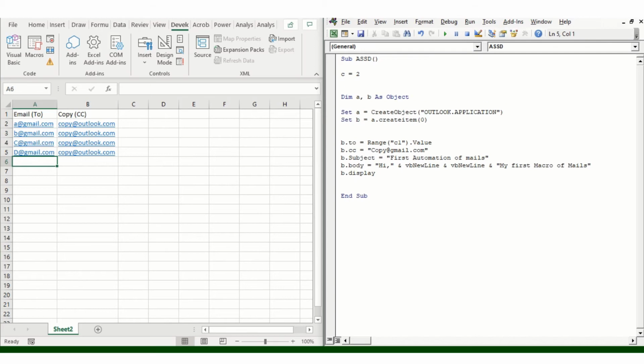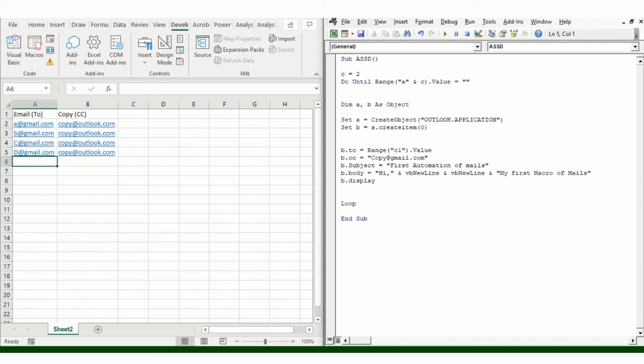Now here I will put a loop, do until range A, and in concatenation I will put C. C is nothing, it's only 2. dot value is equal to blank, and I will close the loop at the last. So what exactly is this statement doing, do until range AC? AC is similar to this statement,